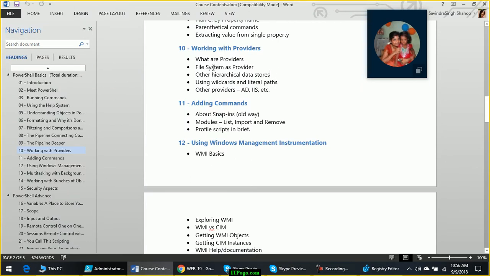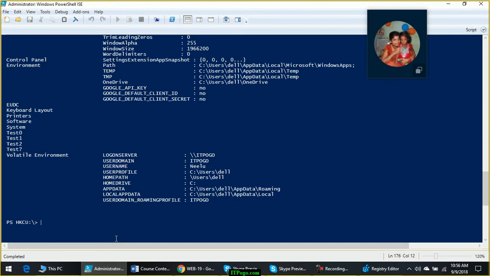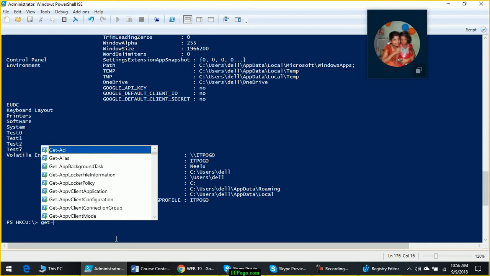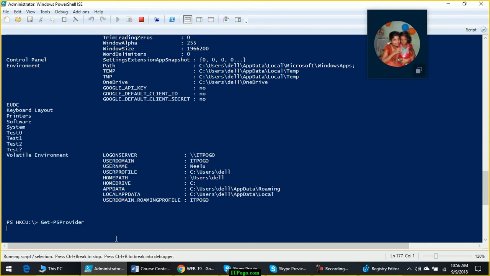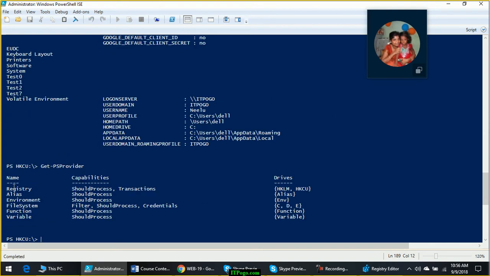Okay, so we have seen file system and registry. Let's check what other hierarchical data stores are available in PowerShell. Now first we have run the command get-psprovider, which was giving us the list of the provider names and the drives.